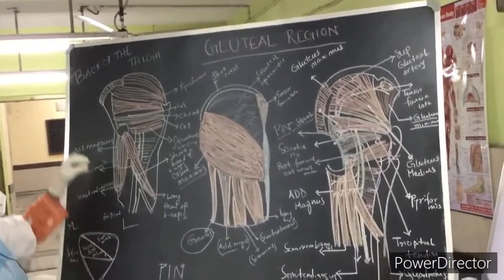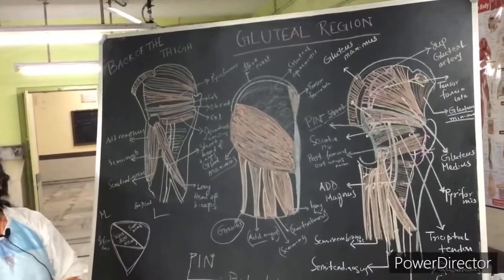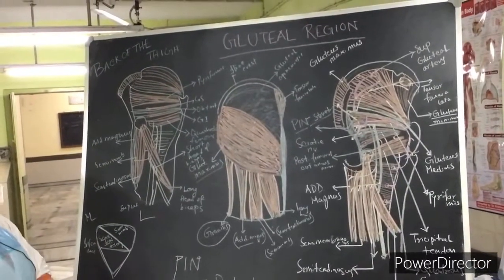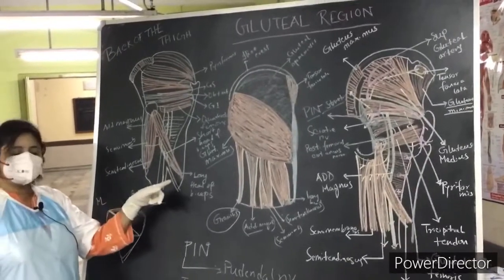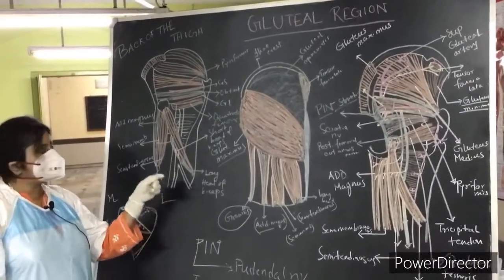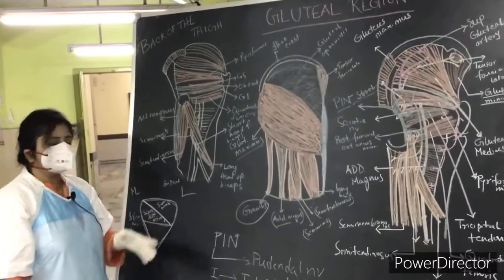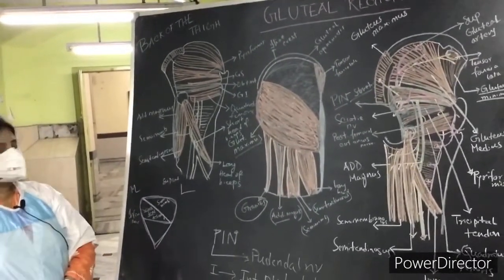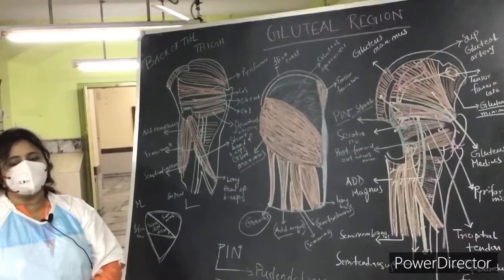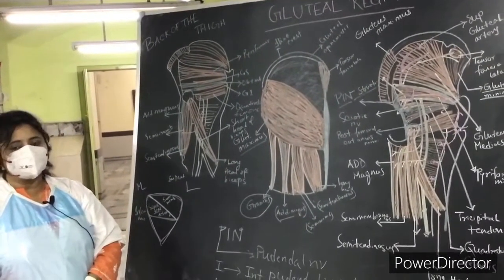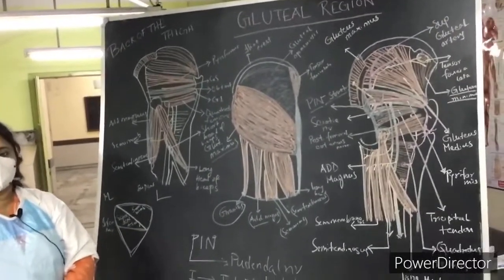And this part from the origin up to the shifted part, this part is modified and forms a sacrotuberous ligament. So the long head of biceps is a modified hamstring because its primitive origin is in the sacrum. And in case of adductor magnus, it's inserted primarily in the medial condyle of the tibia, but later on the insertion displaced to the adductor tubercle of the femur.